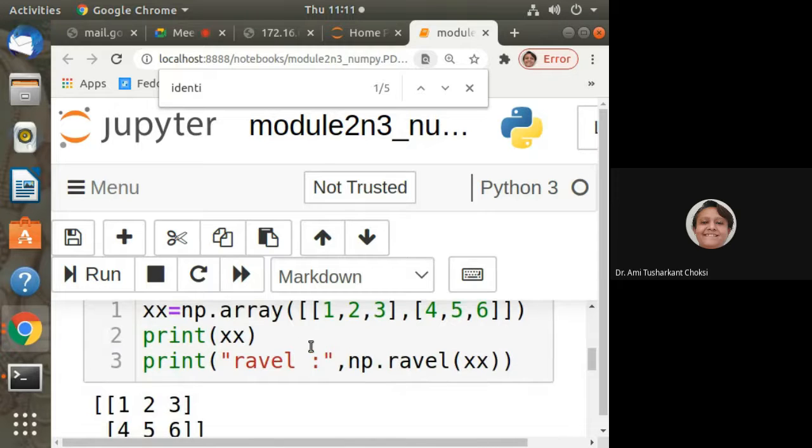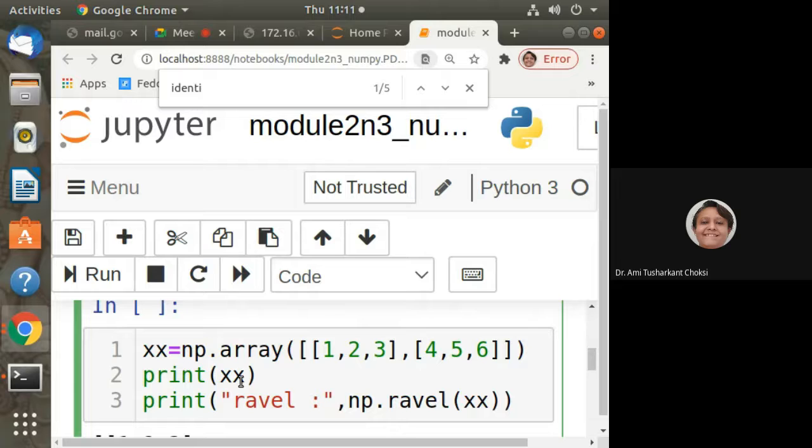Let us see that we are having xx is equal to np.array, and this list is given to us, right? Now if I run this, will it run for us? No, it will not. First of all, we have to include import numpy as np, right? Because that we had run yesterday.